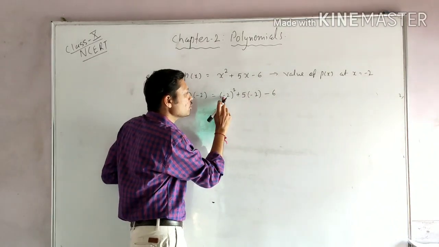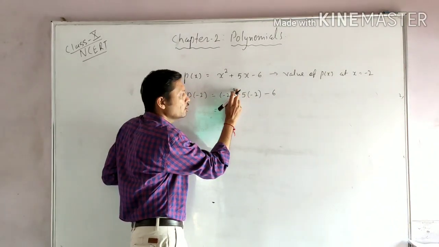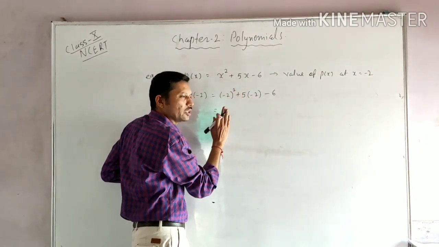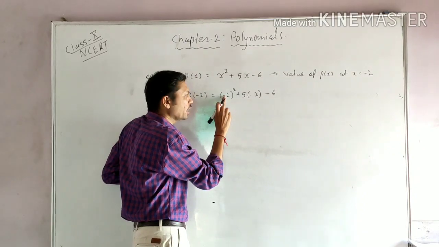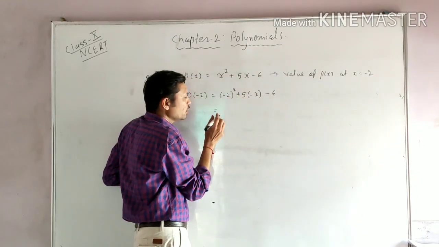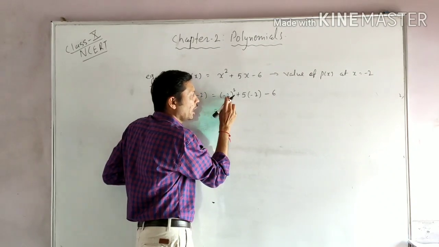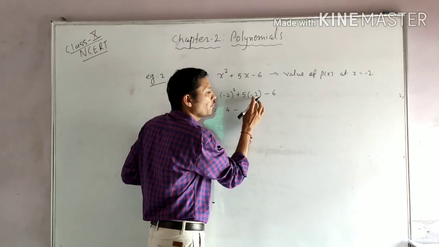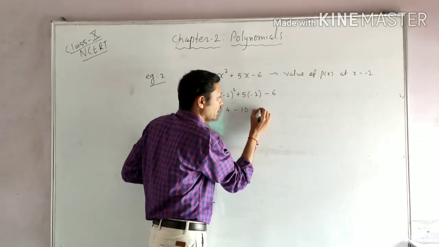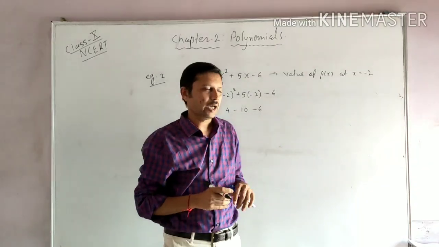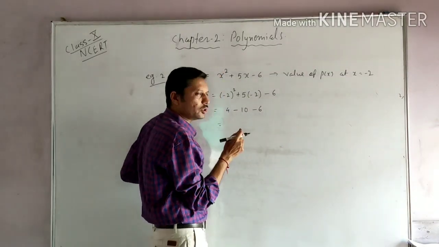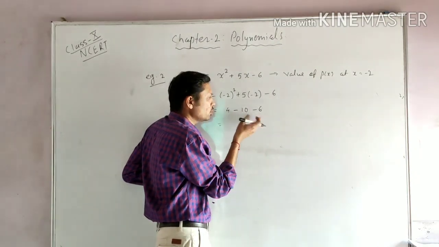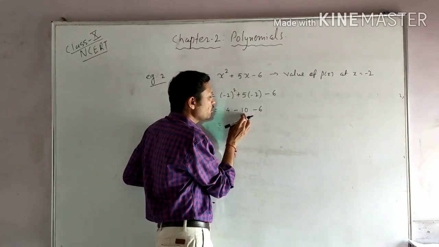Now see, first of all it's a negative number and the power is there. If the even power is there, the answer is positive, and if the odd power is there, the answer is negative. Here we have a negative number and the power is even, so my answer is positive. And 2 to the power 2 is 4, plus minus minus, 5 2s are 10, and then minus 6. And here we have 3 numbers. At a time we can do addition or subtraction only for 2 numbers, right? No grouping is there, so take any 2 numbers together. Suppose I am taking the first 2 numbers.